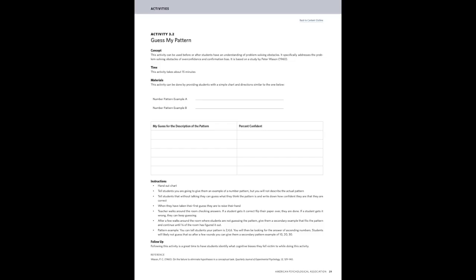It's a good opportunity to introduce the availability heuristic, or to have them determine which of the heuristics it might be. It can also be used to collect some data and analyze data, so it can be used in a number of different ways. The second activity was a guess my pattern activity, where students are given a pattern by their teacher,